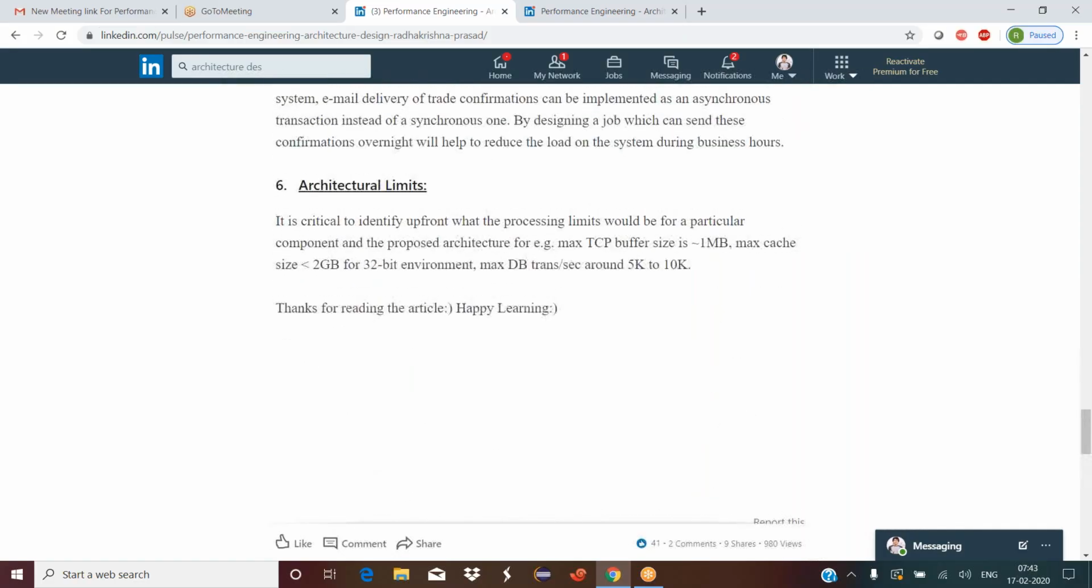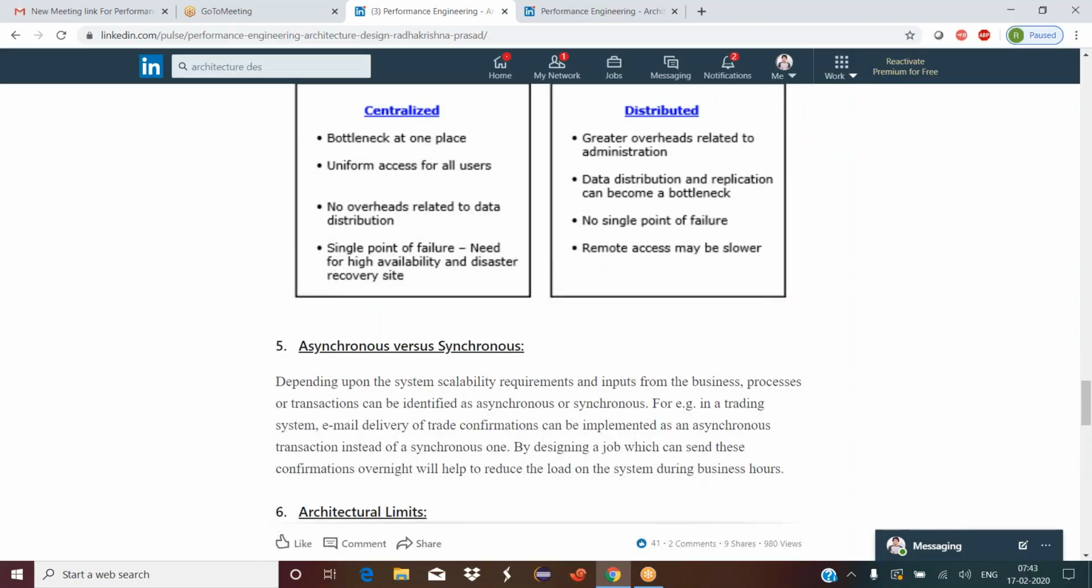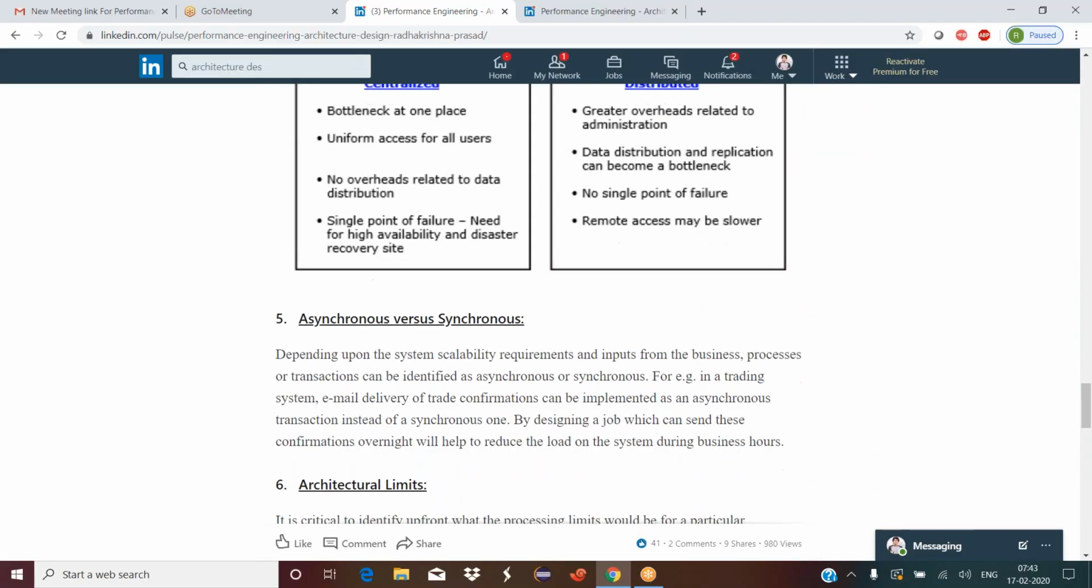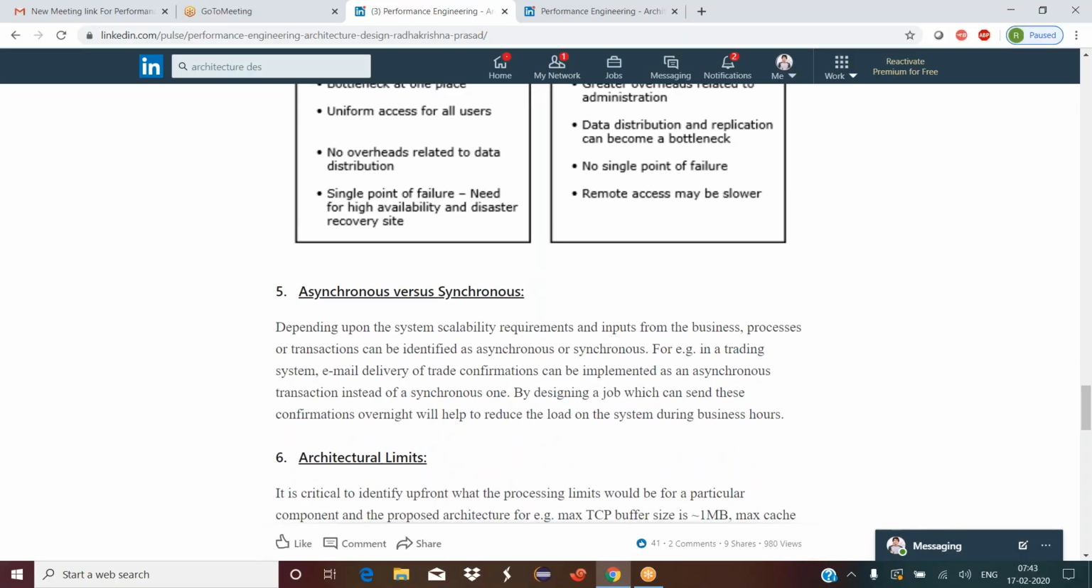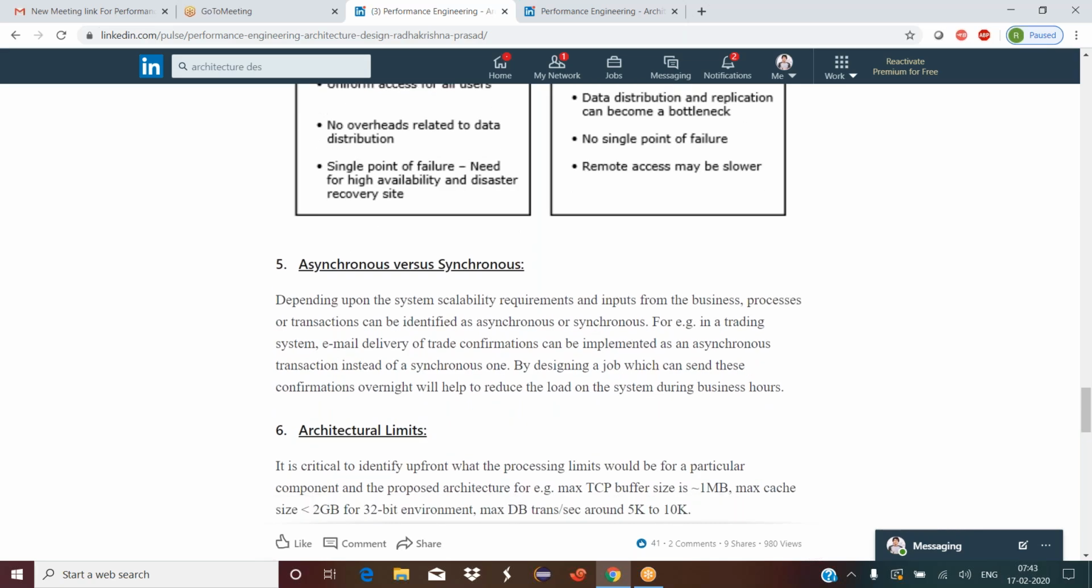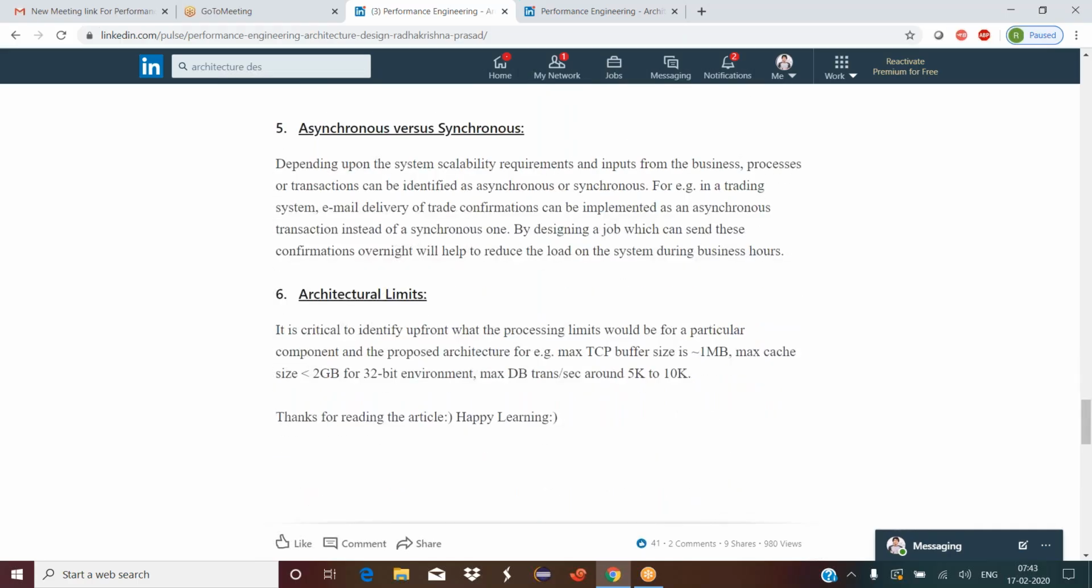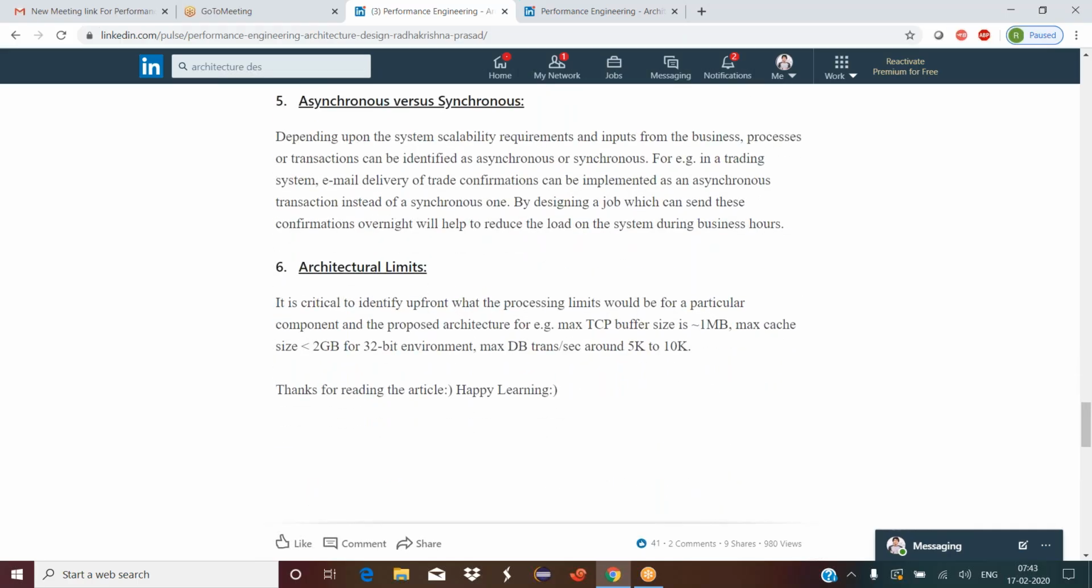And yeah, synchronous and asynchronous, you really don't need it. I mean, you can just go through it. Depending upon your scalability requirements and process and other transactions, you can identify which is synchronous and asynchronous. So architectural limits, as I told you, here there is one specific example I wrote. Okay, so the processing limits